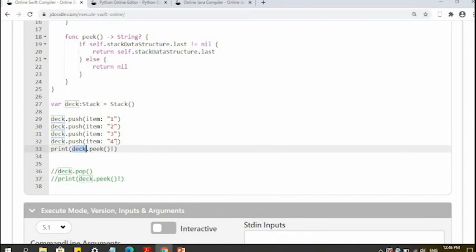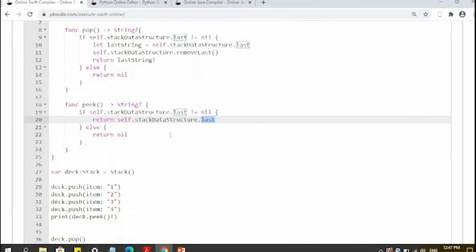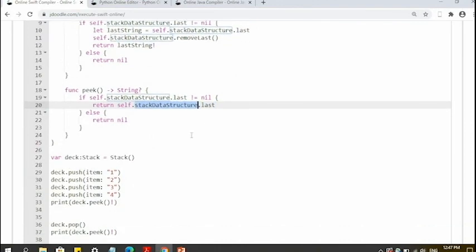Print peek of 1, 2, 3, 4 picked the fourth item. Peek is the method which returns the last item.